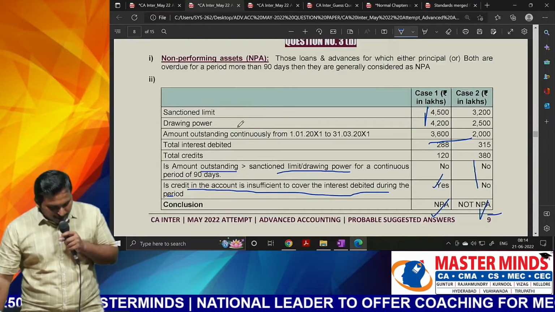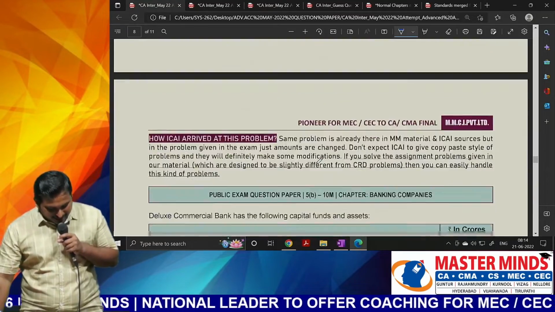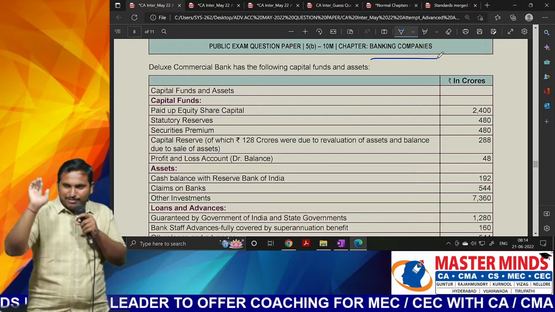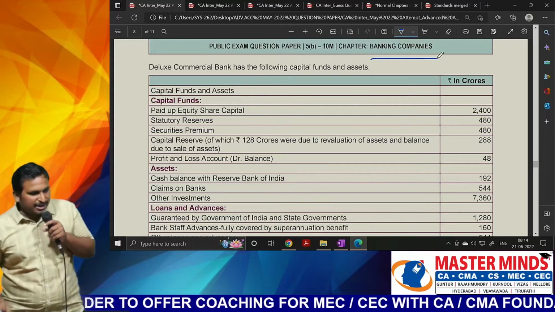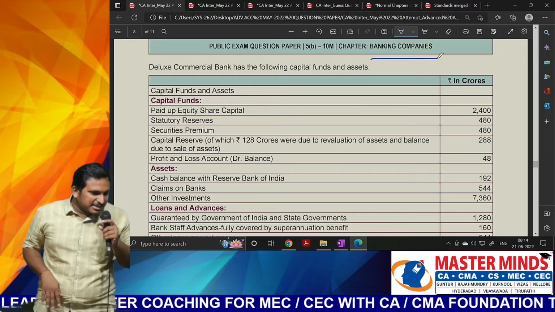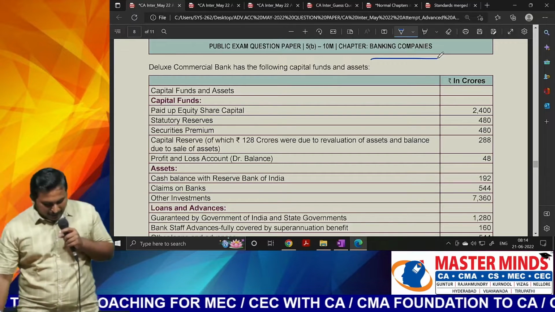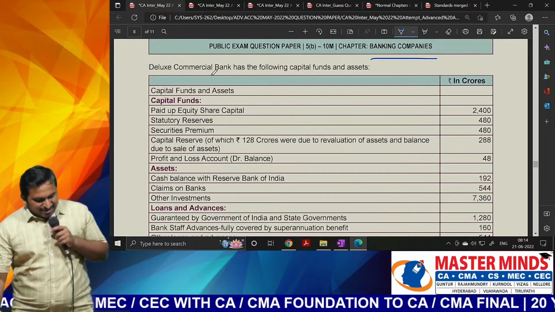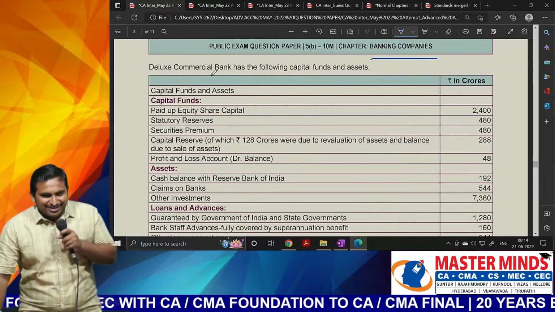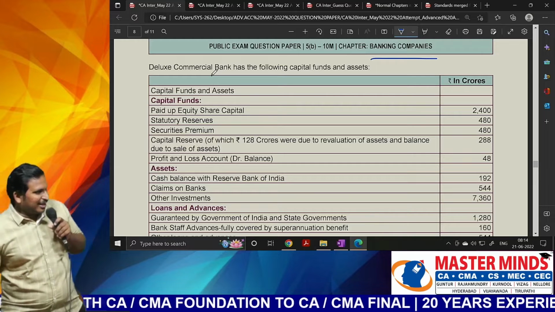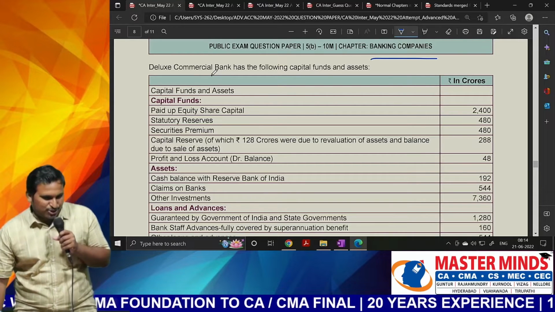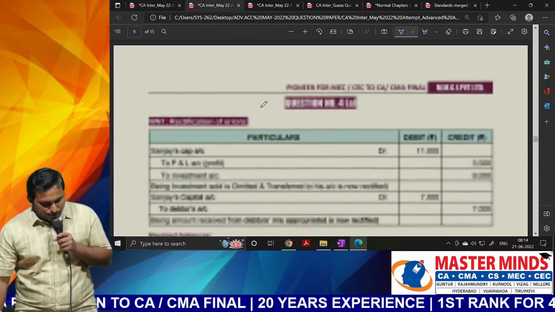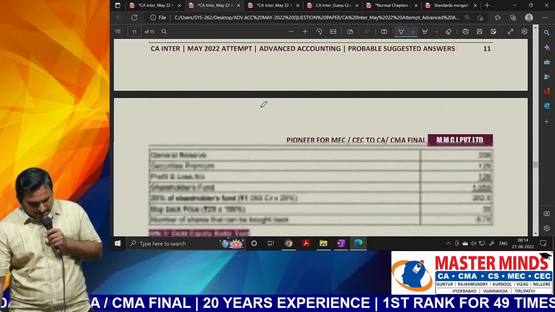Let me move to another question which was given next. 5B. Once again based on banking. Already one 5 marks question was asked from banking. Now there is another 10 marks. Altogether 15 marks asked from banking. Okay, right. So which question was asked, sir? The question on CAR was asked. What is that CAR? Capital adequacy ratio. Similar, sir, you will have the tier 1 fund and tier 2 fund computation. I'll just show you the answers right away.